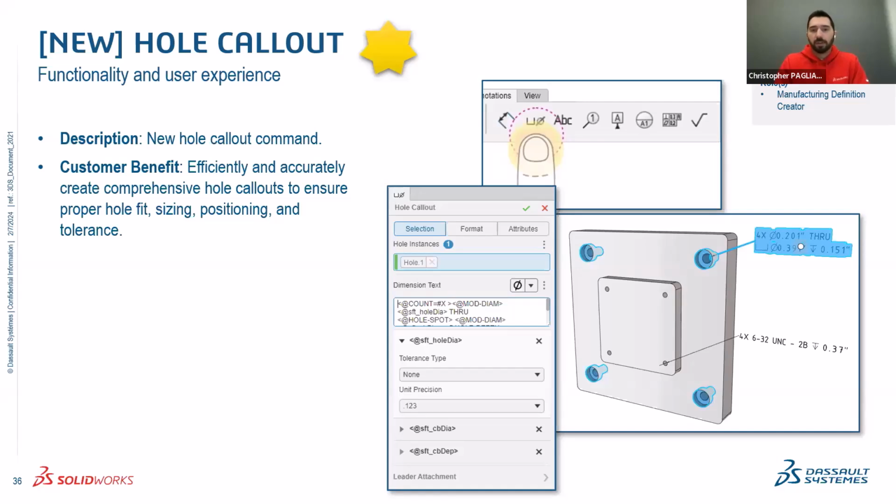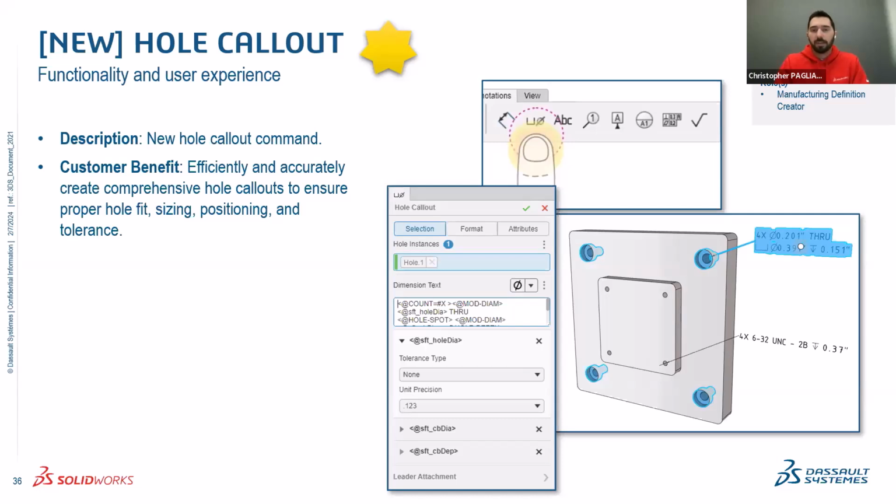Now with the hole callout feature, you get a single, easy-to-use command that's able to define any hole that was created with a hole feature in one of our authoring apps, and give you that compound hole callout for threads, counterbores, countersinks, and so on, with the correct depths and everything,